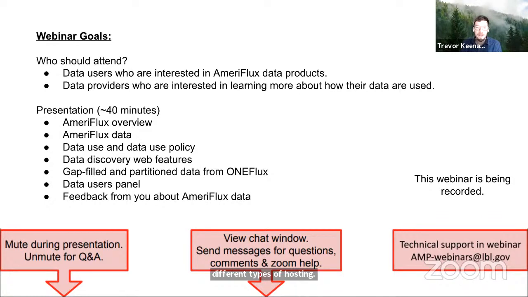Then Gilberto Pastorello is going to talk us through some developments with OneFlux, which are particularly exciting as well. After that, we're going to have feedback from a data user panel, and then we're going to talk with you all about what you are excited to see from AmeriFlux in terms of data user things that we can offer to improve the data user experience.